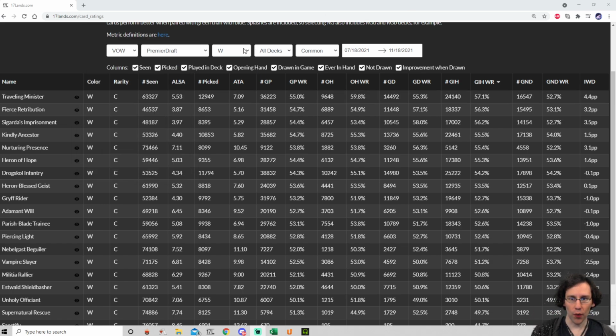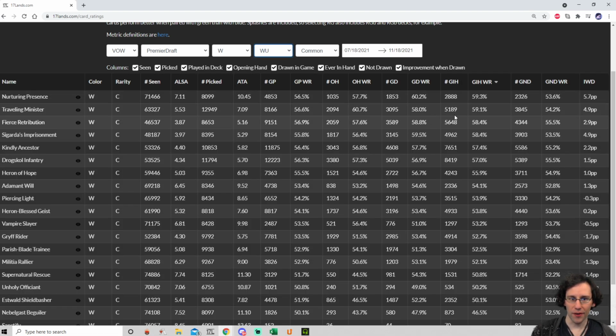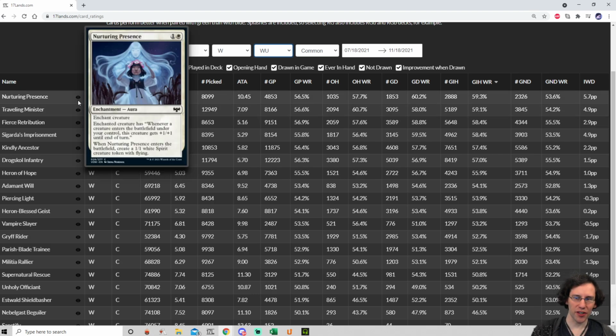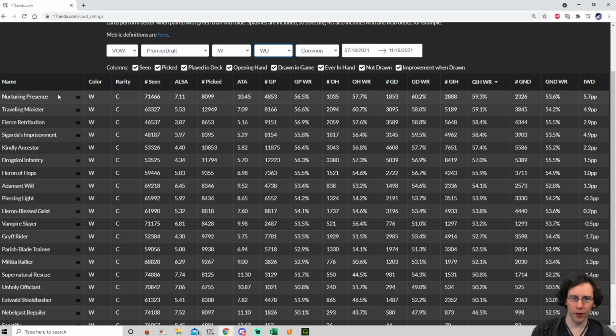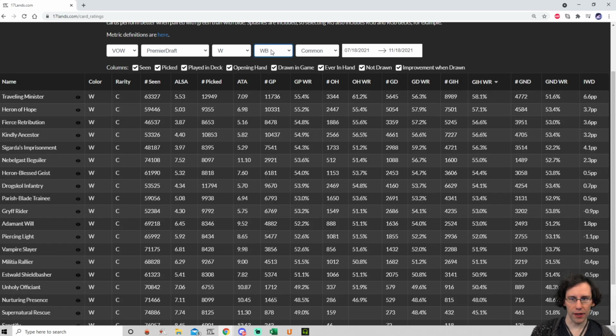We can check real quick to see its win rate by color pairs. Amusingly, it's behind Nurturing Presence barely when paired with blue, because Nurturing Presence has synergy with enchantments. But I think what's happening there is that you get Nurturing Presence a little bit later, and right now you have to be kind of in the know to realize you should even be putting Nurturing Presence in your blue-white decks, which gives you a bit of an edge. I don't think Nurturing Presence is actually better than Traveling Minister in blue-white, but I do think it's kind of close. And then best in white-black,